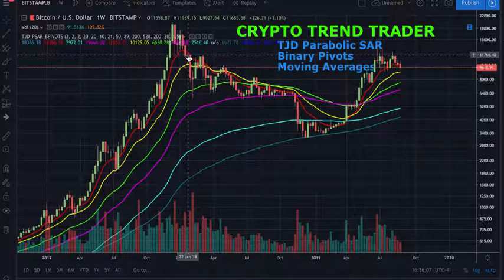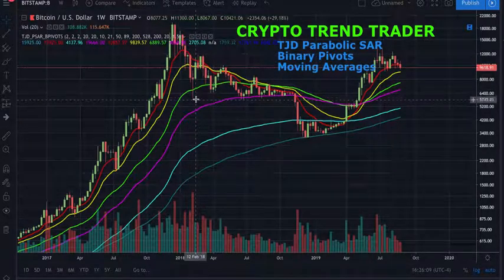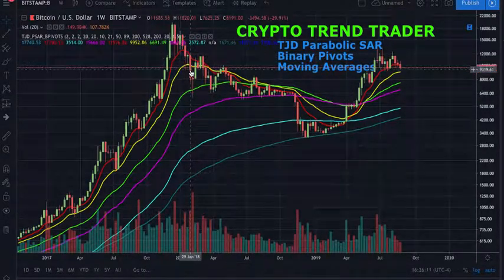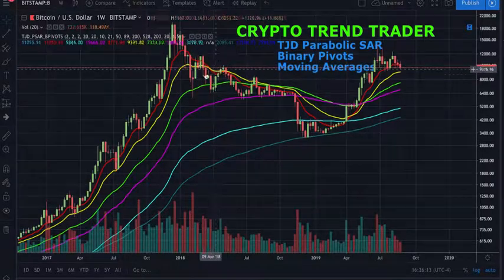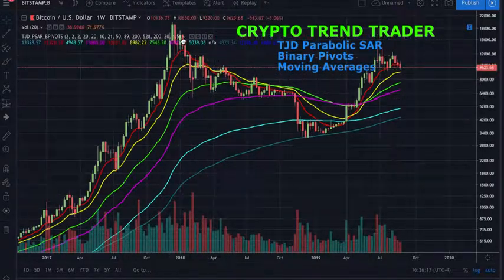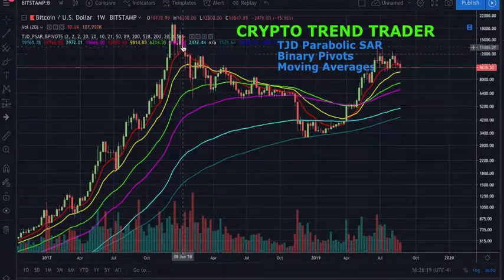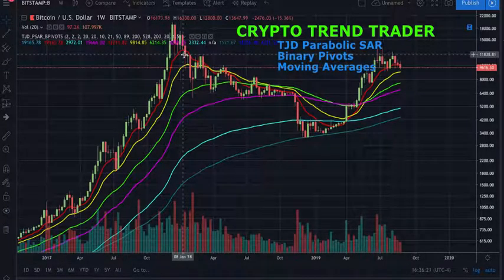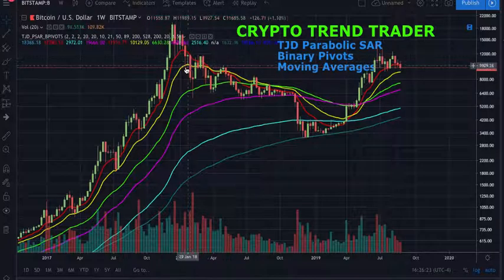You see as soon as we close below here, we had that massive dump, and then you'll see when we actually dump, we find support on these other key moving averages. So when you're above the moving average, you want to look for it as support. When you close below it on a significant time frame, you want to look to your next moving average for